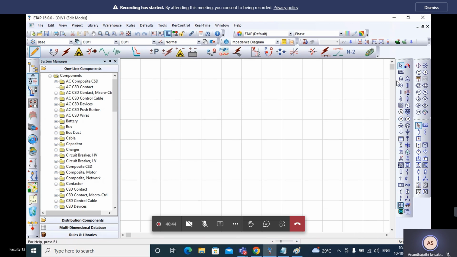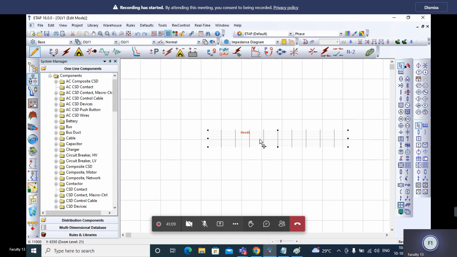In the AC elements, you have the option of the ground grid. Pick and place this ground grid on your screen. Expand the length and height of the grid as convenient. Double click the grid and you get a pop-up.